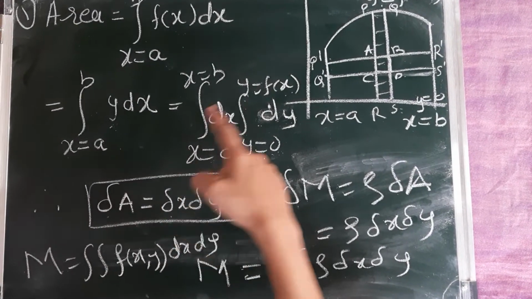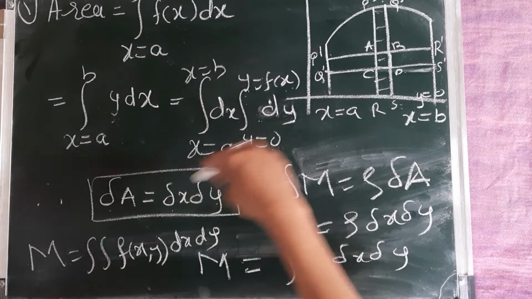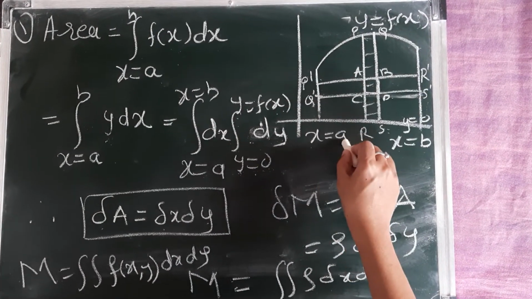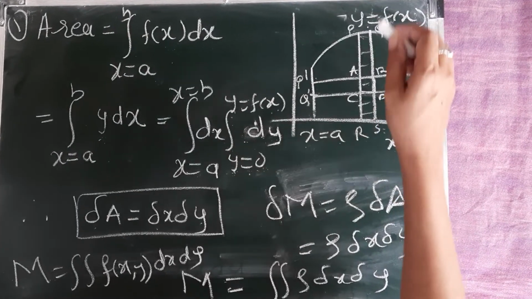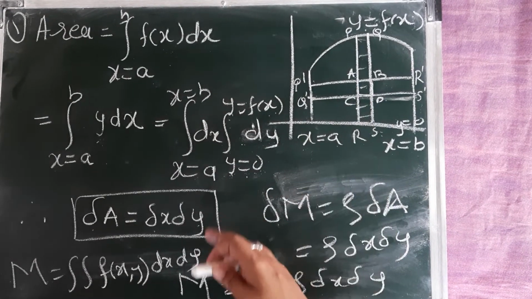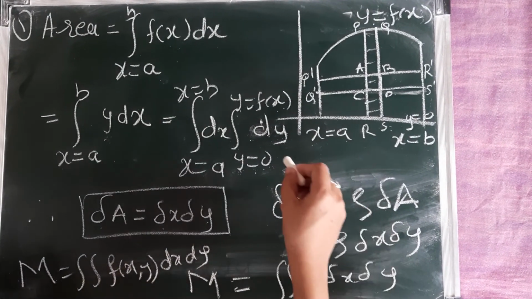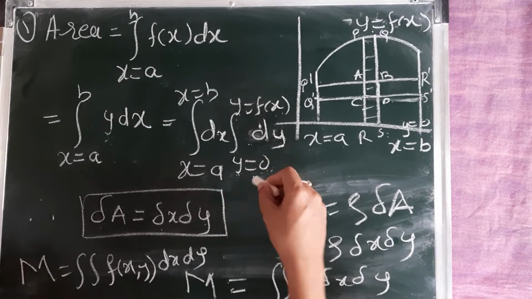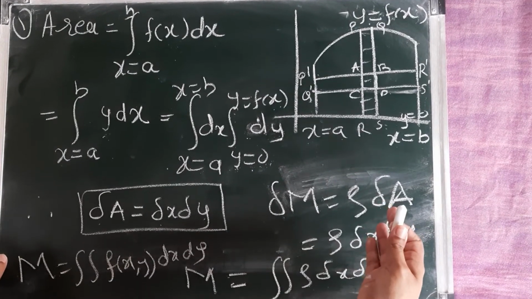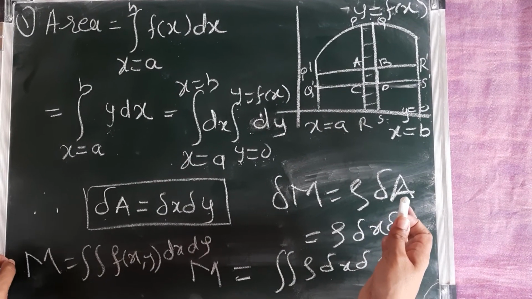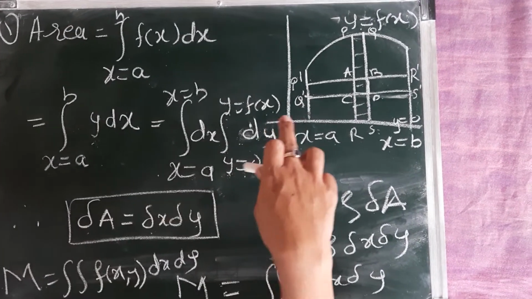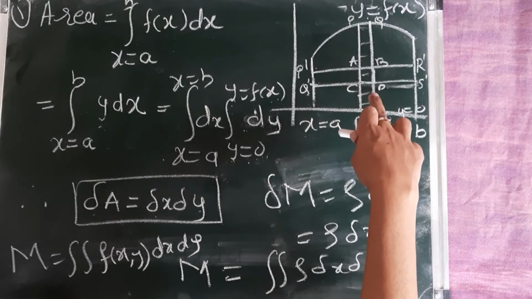Similarly, if I consider the limits of x inside and y outside, then I'll be considering a horizontal strip which is x is equal to a to x is equal to b, and then y is moving from up to down if I move this horizontal strip from here to here. However, if I want the answer of the area to be a fixed number, generally the internal limit should be depending on the variable and the outside limit should be constant only. Then only the final answer of the area will be a fixed constant. So in this case, if I have written the integration area as this formula, I have to consider vertical strip only.